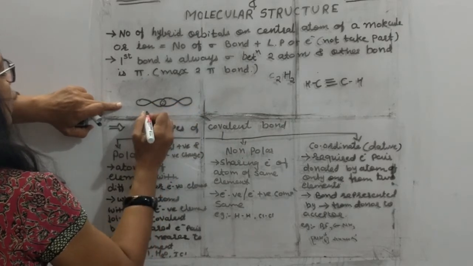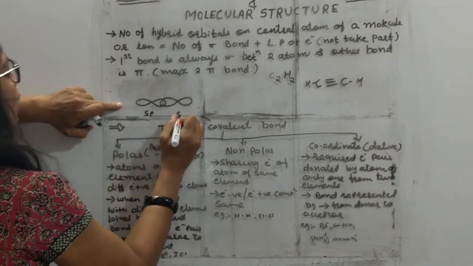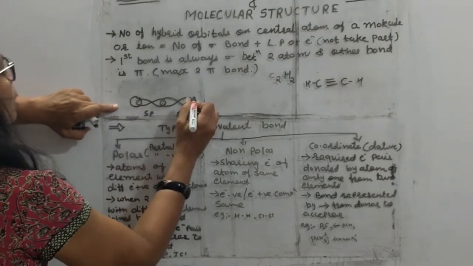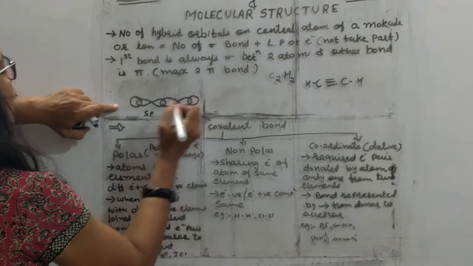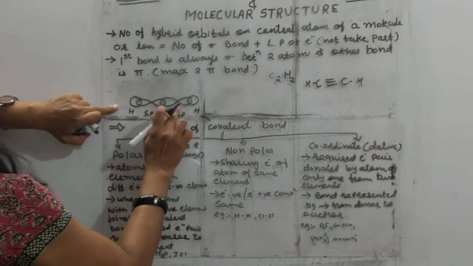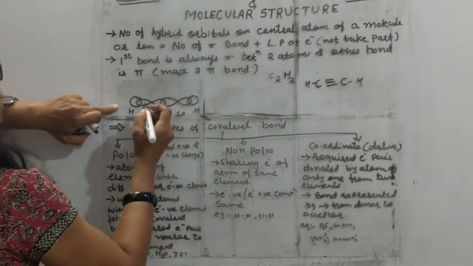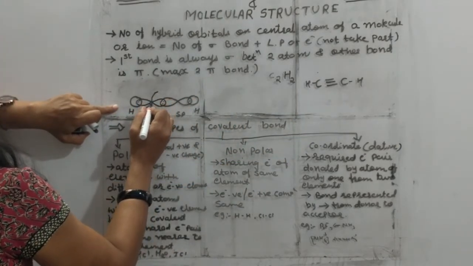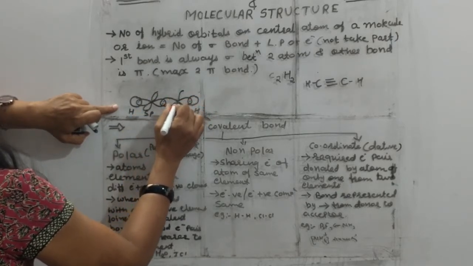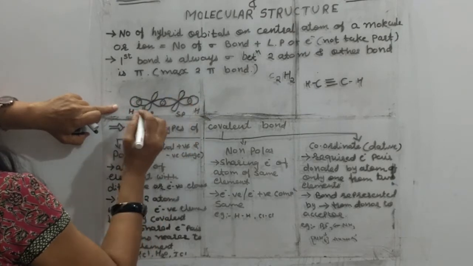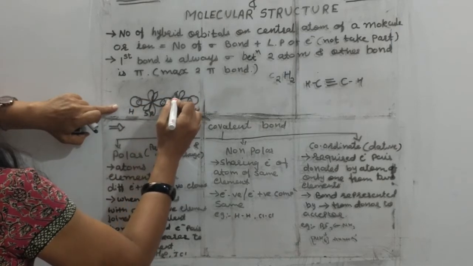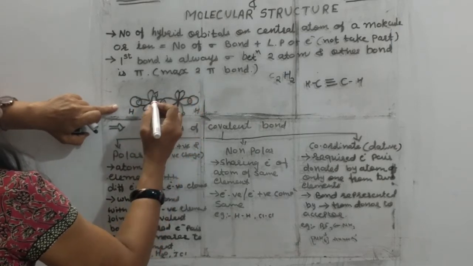This is the overlapping of sp, sp. This is for hydrogen. Same way here, this is for hydrogen. This is hydrogen. So S is for hydrogen and this P of both carbon. Now here, as you know, this is having the PZ, and for the same way here also it is having the PZ, and same way PX and PX.